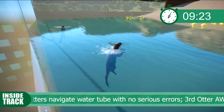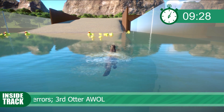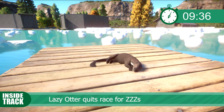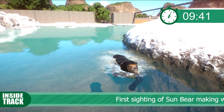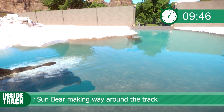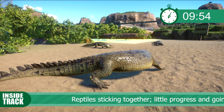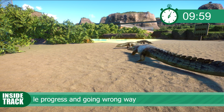We have lost the third otter somewhere around the course. They never made it into the tunnel with these two, so one of them's got lost somewhere. Oh, I see. They've gone back and had a bit of a doze in the snow biome instead. What else are the slow coaches doing? Finally, one of our sun bears has made an appearance. Haven't seen those little guys around the course much at all. Couple more grizzlies and a polar bear navigating their way to the cold biome. And way down back at stage 2 start, we've got movement on the gharials and some of the saltwater crocodiles finally. Although, looks like they're going the wrong way, so...